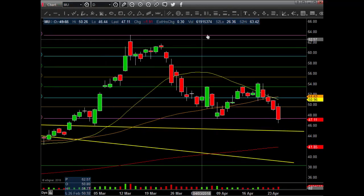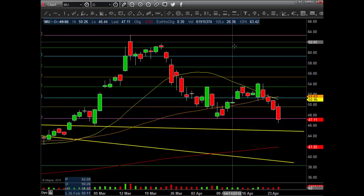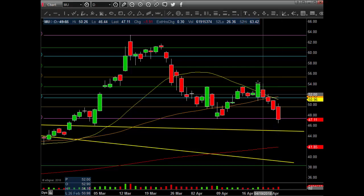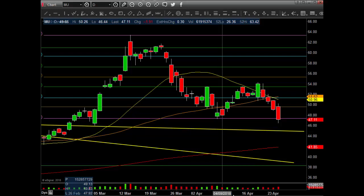All right, MU, 61 million shares traded, down $1.91 on the day, 3.9% red, and we covered our last position on MU at 47, guys, from the 54 area. So that was a nice little trade for us. Trying to hold this area too. This has to hold this pivot at 43.37 or